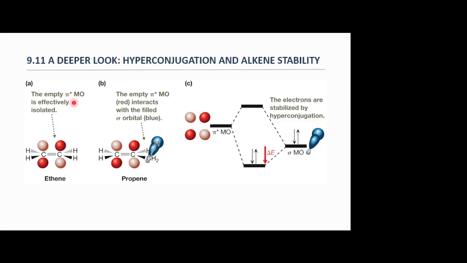Here we're going to have the empty pi or anti-bonding molecular orbital, and see how that's effectively isolated here. If we have this with another substituent on it, what we can see here is it's no longer fully isolated, is it? And so this is now going to be overlapping with hyperconjugation with this hydrogen bond here. Okay, it's going to help stabilize that anti-bonding orbital by allowing electrons to flow into it. Okay. And so it's going to, again,